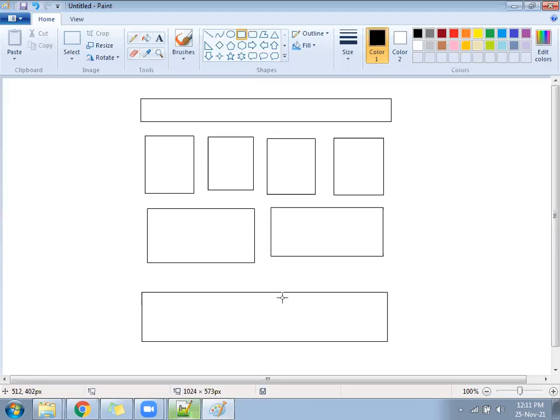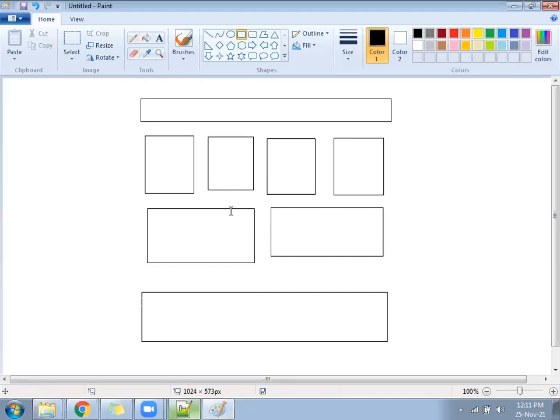Okay, so better than that, write one class wherever you have a common look. Write another class where you have a common look. Write the ID if it is unique. Using the same ID, CSS will work. Using the same ID, JavaScript will work.